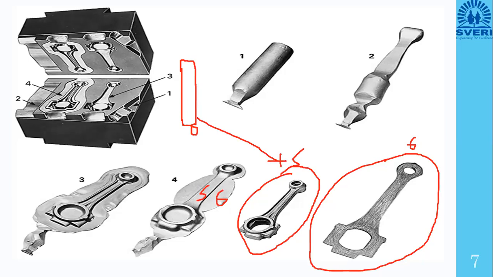First, we put this into the first cavity. This shape will be prepared. Then it is placed into this cavity. This particular shape will be prepared. Put into the third cavity, this shape is prepared. Put into the fourth cavity, this shape will be prepared. So these are the 4 stages. From 0 to 4 we have reached. Then the fifth stage is removal of flash. When flash is removed, you will get this fifth condition, or fifth rod.